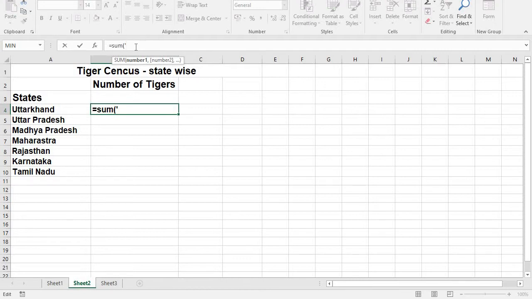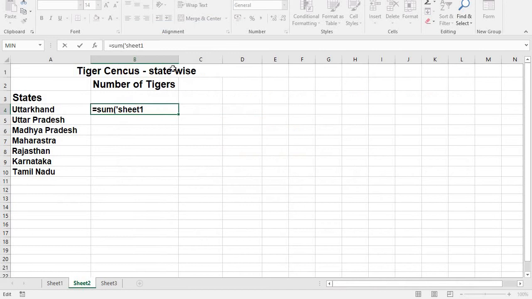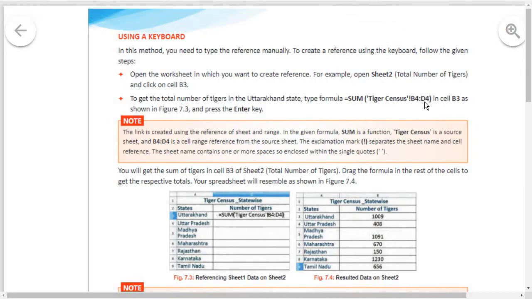Equal to sum of, and after that I have typed a single inverted comma, and after that Sheet1, then closed the inverted comma, and after that you have to type an exclamation mark, and after that the cell address, that means the range, B4 to D4.